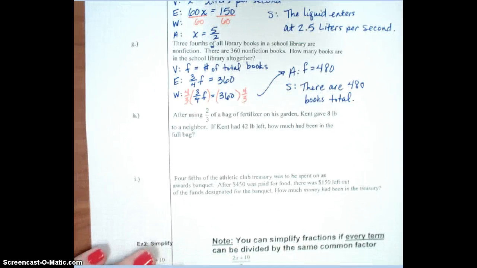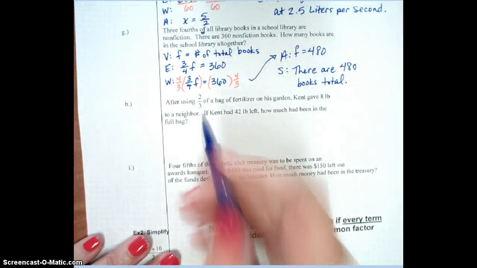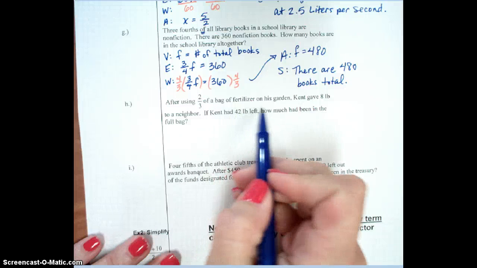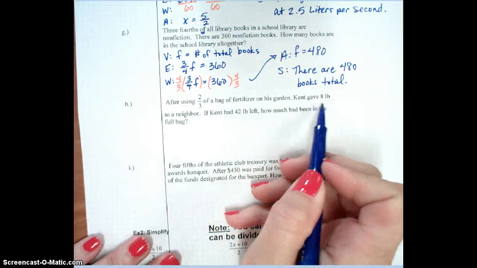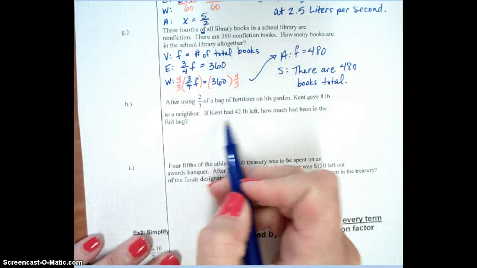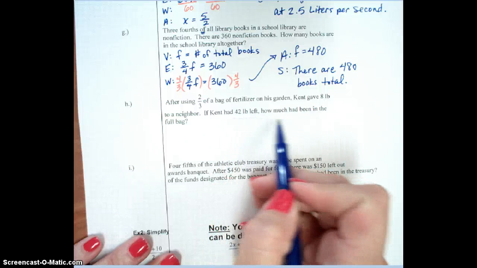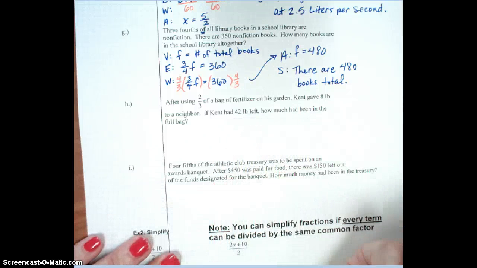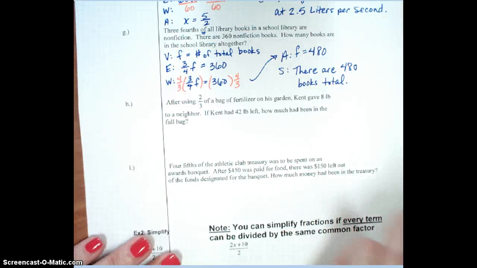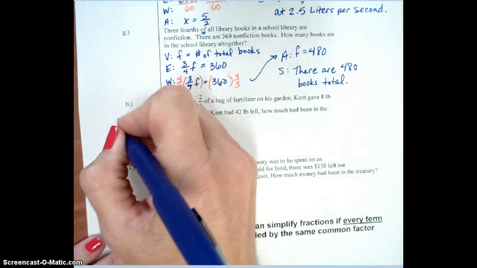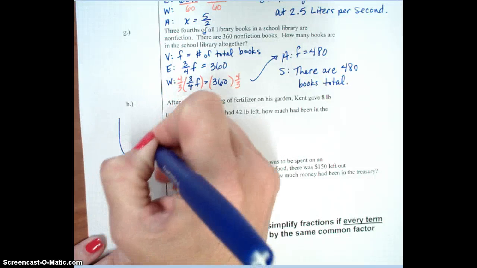All right, example H. After using 2/3 of a bag of fertilizer on his garden, Kent gave 8 pounds to a neighbor. If Kent had 42 pounds left, how much had been in the full bag? I think sometimes it's helpful to draw a picture when you have a situation like this. So I'm just going to picture that he has this full bag,